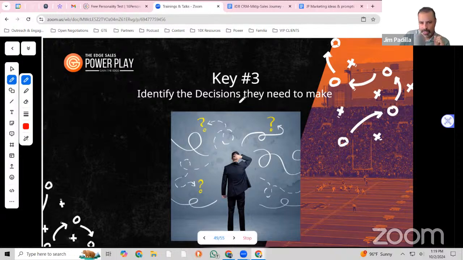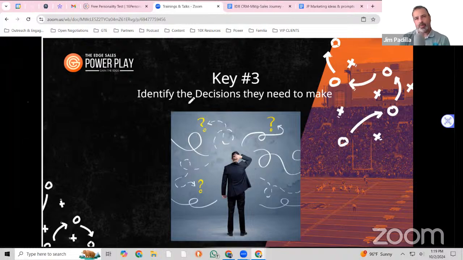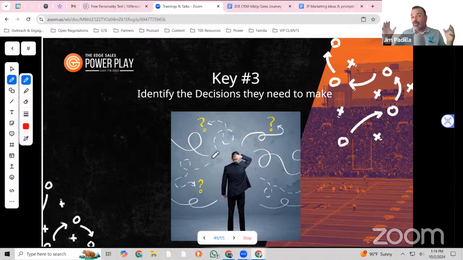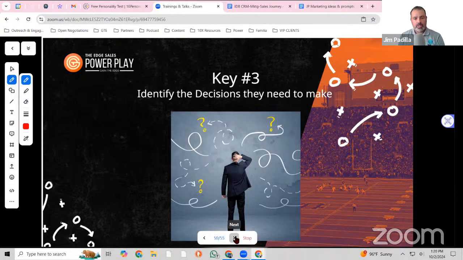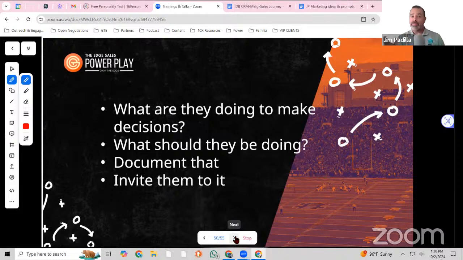But this here, I want you to really think about. You need to identify the decisions that they need to make. What do I mean by that? What do you think the main decision people are making when they're buying your product or service? Right? Most people are not qualified to make the decision to purchase your product because this is something they're either rarely dealing with or it's the first time they're dealing with. You're dealing with this every day of your life. You understand all of the consequences, the pros, the cons, the do's, the don'ts, everything that is involved in the decision that they're making. Okay. So you are the one who's qualified to help them make that decision.